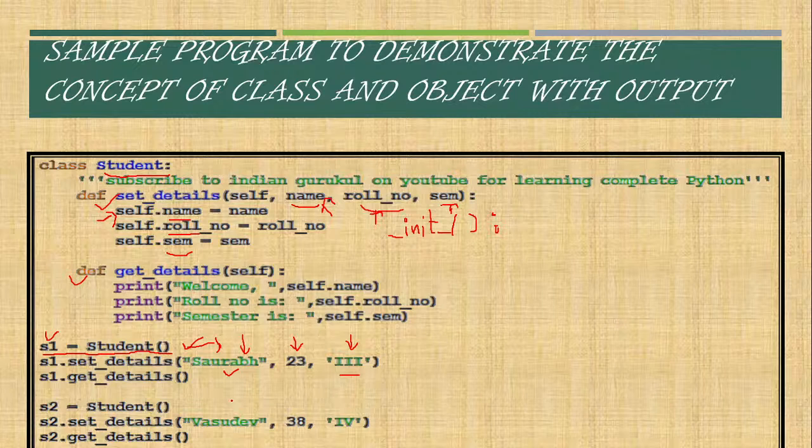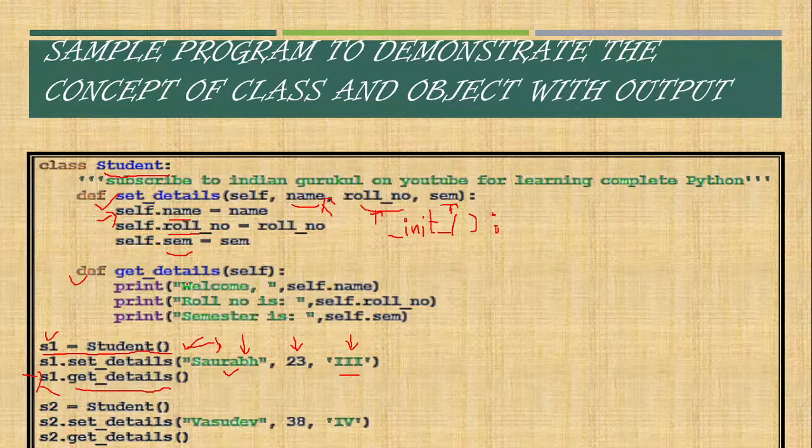The name of the student will be Vasudev, the roll number is 38, and the semester is fourth. Then I've also executed the get details method. For executing this method, we first need to write the name of the object, then the dot operator, and then the name of the method. So when this line is executed,